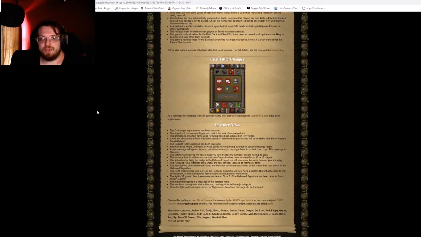And in other news, the Darkmire login screen has been removed. Divine potion icons are now bigger and match the look of normal potions. The animations of certain items used for luring have been disabled on PvP worlds. A new set of adventure pass has been added for selected new players and will be available after they complete Tutorial Island. The Combat Tutor's dialogue has been improved, fixed an issue with Chambers of Xeric points not being awarded